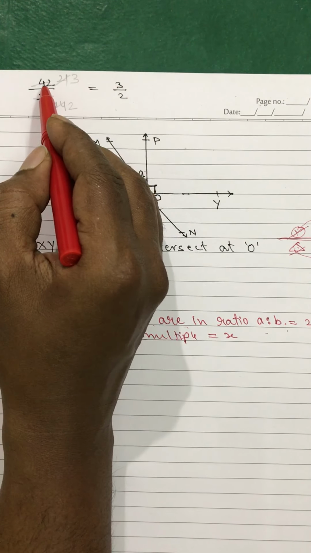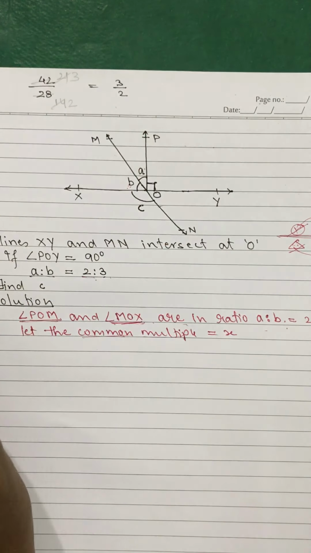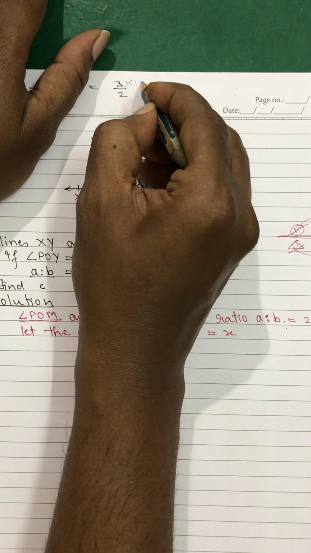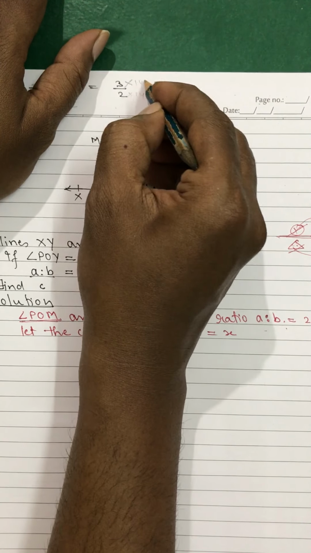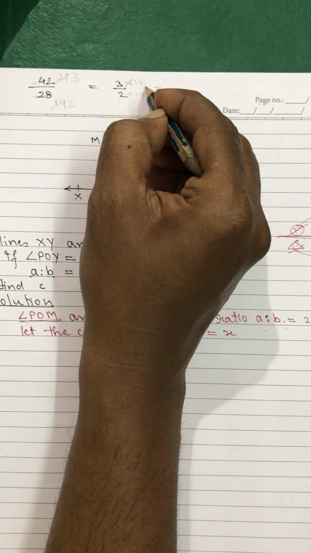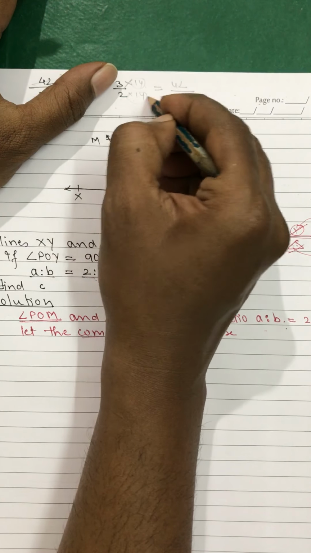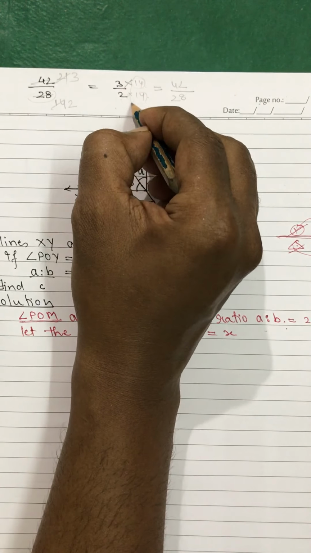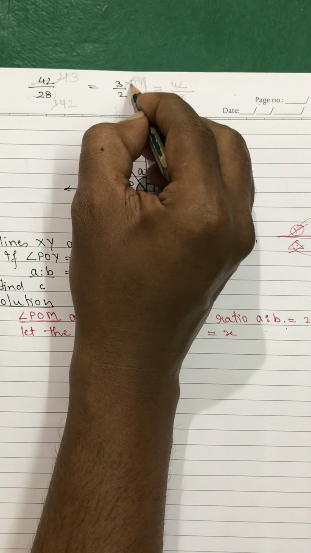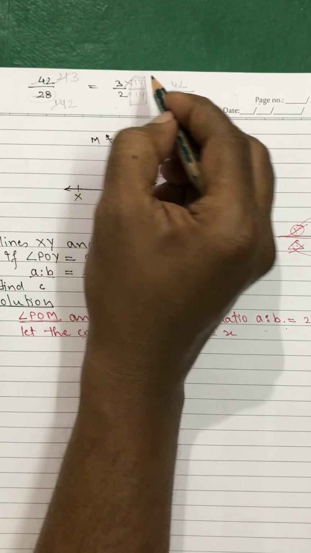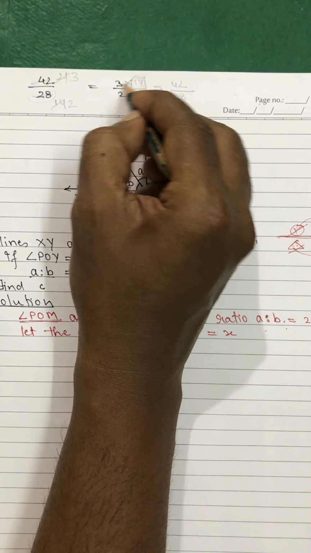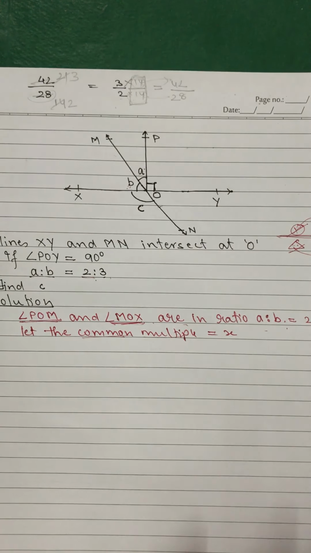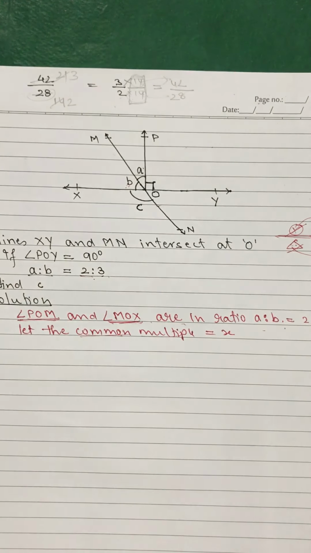But if I want to go back to the original numbers, I multiply them by 14 over here and 14 over here. See, I am multiplying by the same number. 3 14s are 42, 2 14s are 28. See, the original numbers will come. There is always one number, which is called a common multiple. You multiply the numerator and the denominator both by the same number, and then you will be able to go to the original numbers. This is the basic concept of ratio and original numbers.